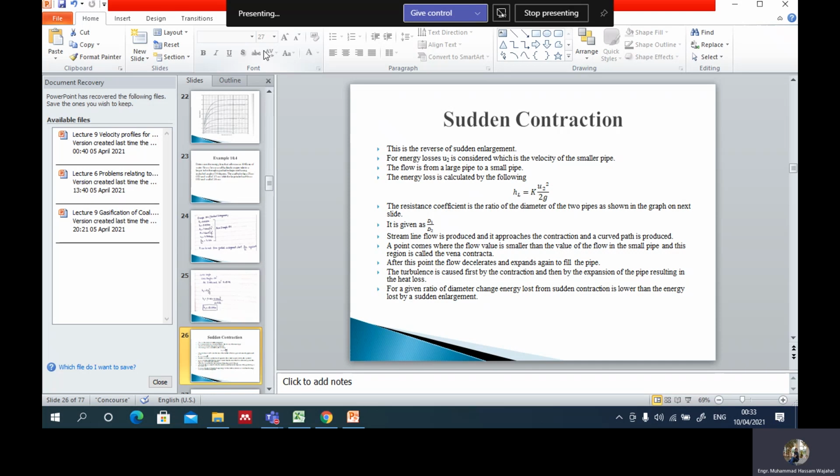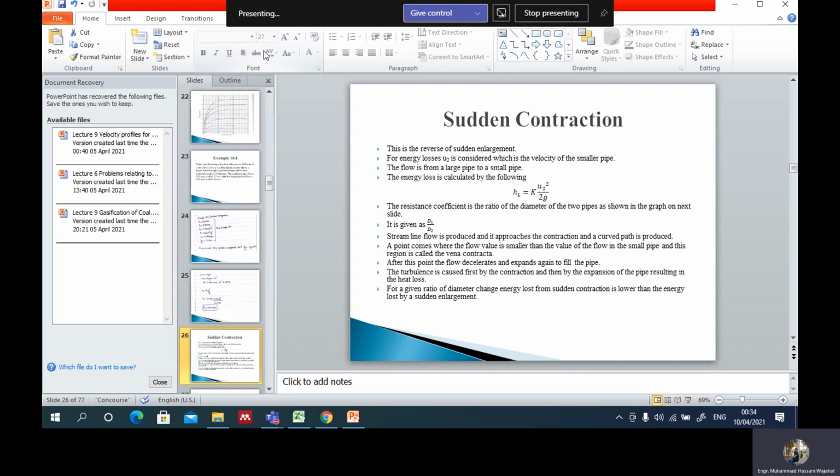कहने का मकसद ये है कि हमेशा स्मॉलर पाइप की वेलोसिटी लिया करें वेलोसिटी हेड के लिए. अगर इनलार्जमेंट का केस हो रहा है तो स्मॉल पाइप से बड़े पाइप में जाएगा. In enlargement it goes from a small pipe to a large pipe, so you take the first velocity because that is the velocity of the smaller pipe. In contraction, it comes from the large pipe to the small pipe. क्योंकि it is coming from the large pipe to the small pipe, आप लेंगे velocity small pipe की, which is u2. So you will take the velocity of the small pipe in the case of contraction, which is u2.